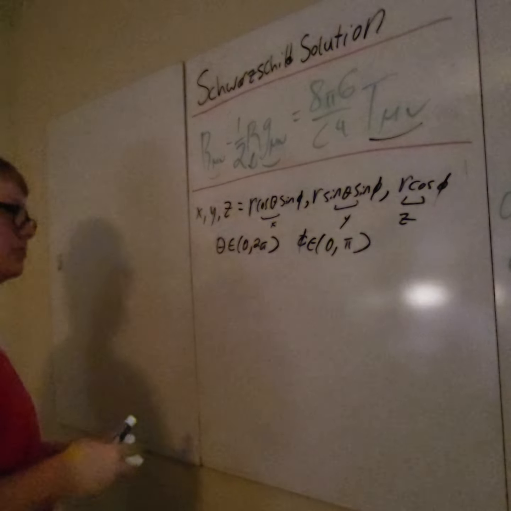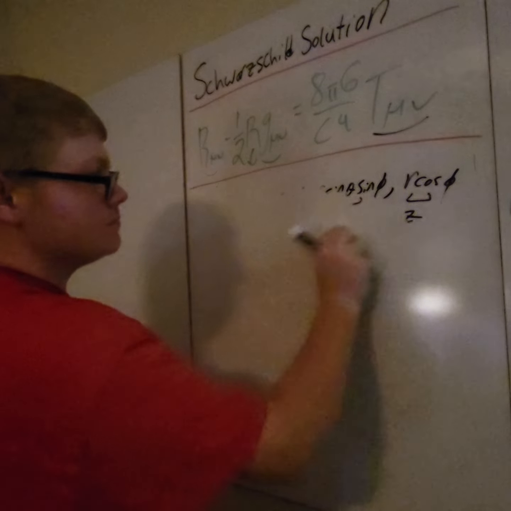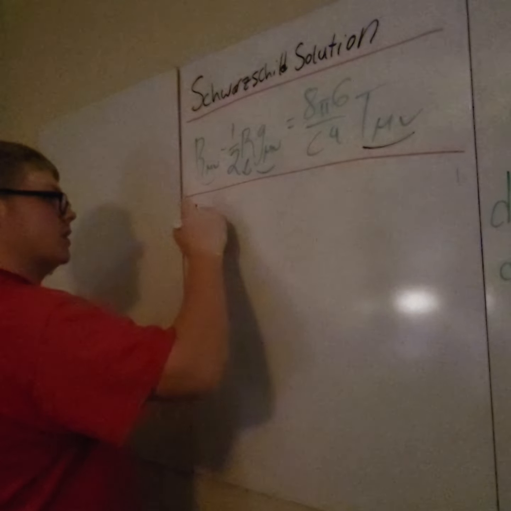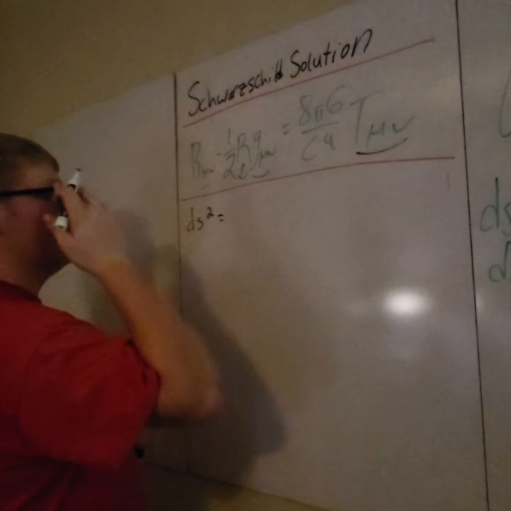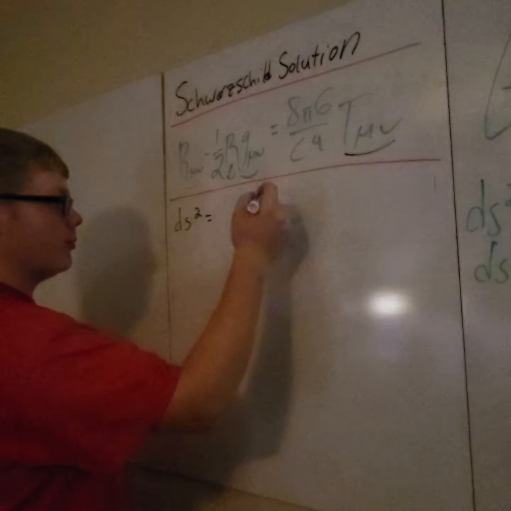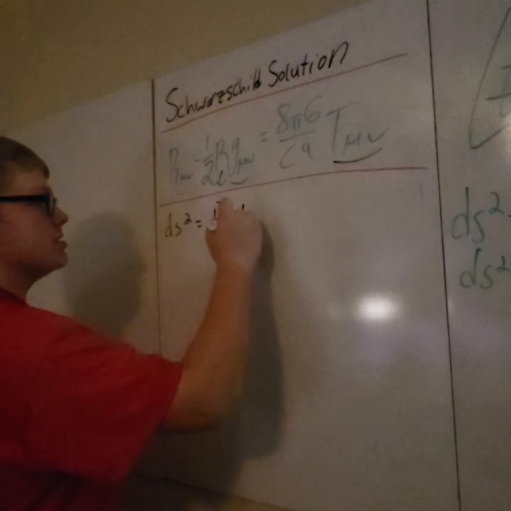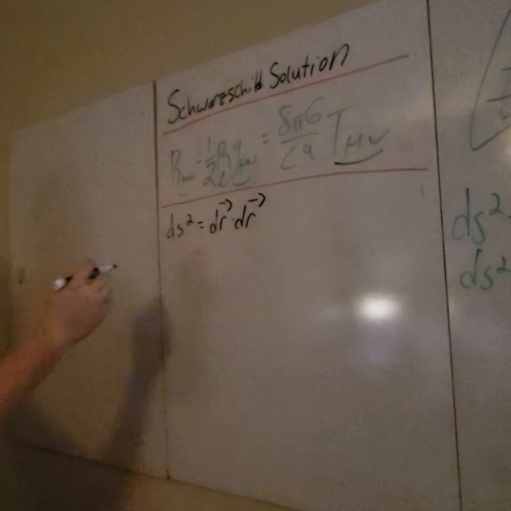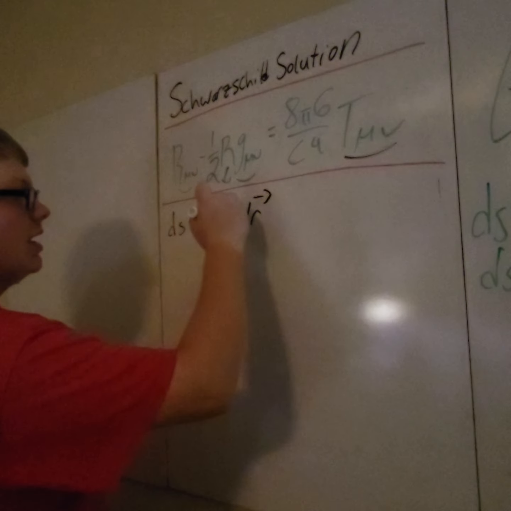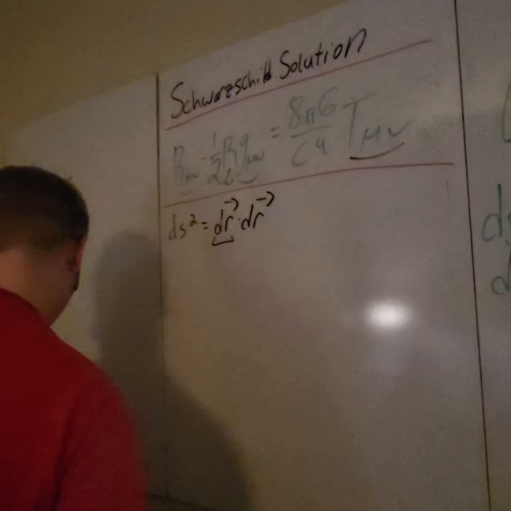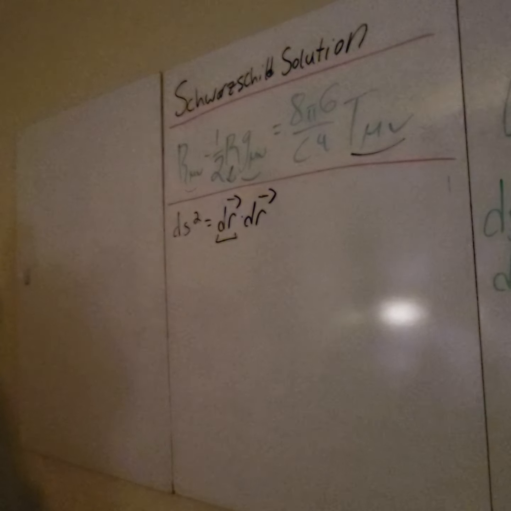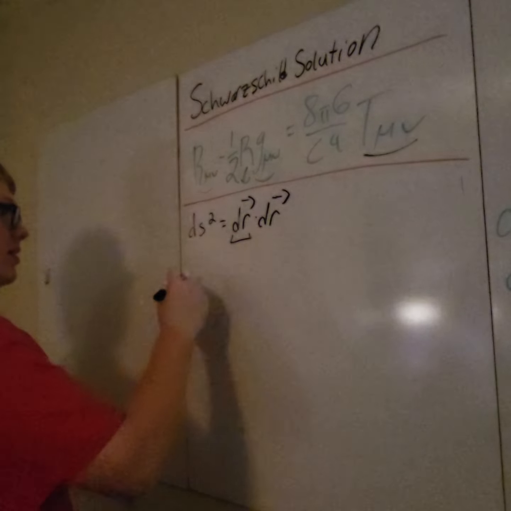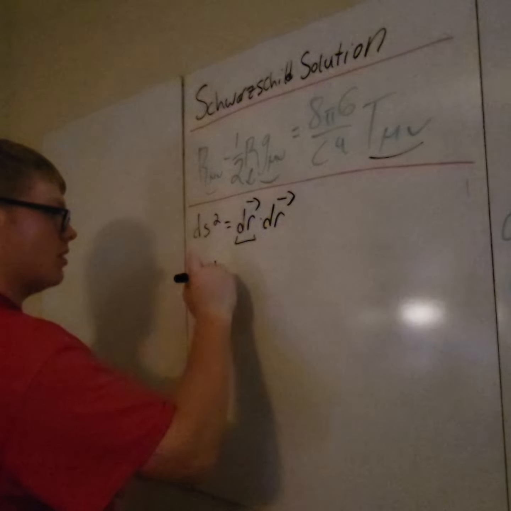Alright, so we defined our line element as ds squared, the magnitude of the differential of our position vector, so dr dot dr. Well, how are we going to describe in spherical coordinates the differential of our position vector? We're going to assume we're working with an orthonormal basis. So let's say that dr, so in typical